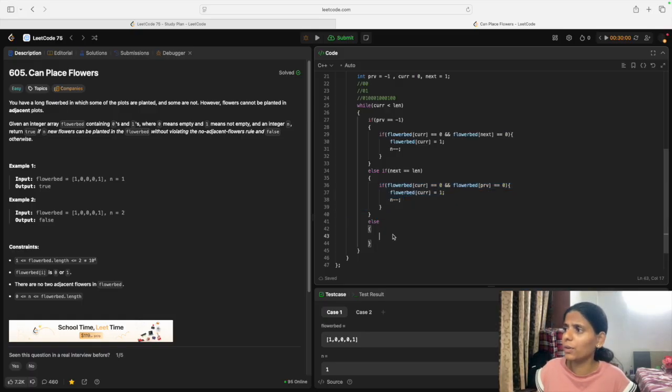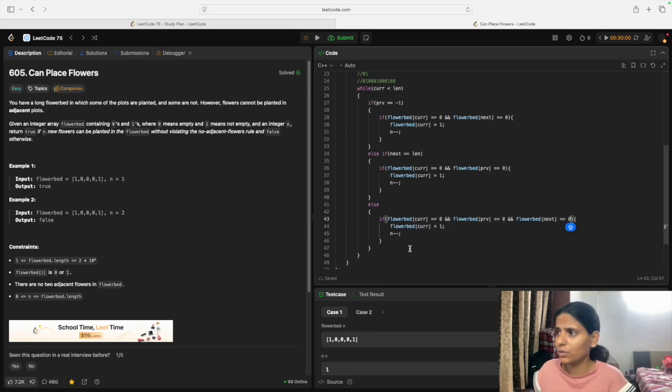Then we'll place the current at 1, that is, flower bed at current is equal to 1,